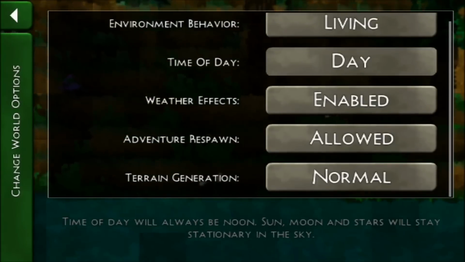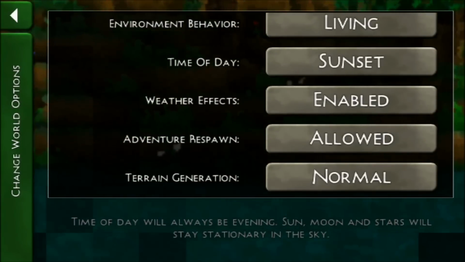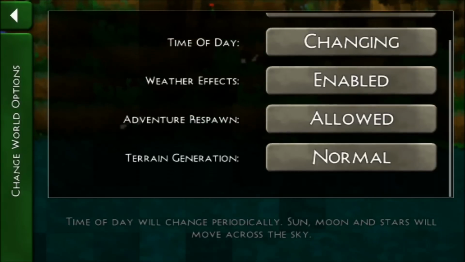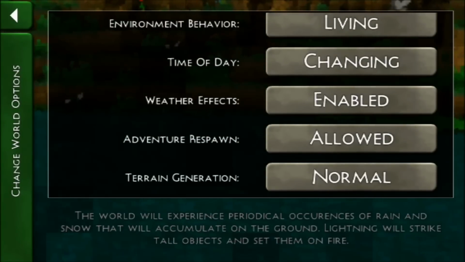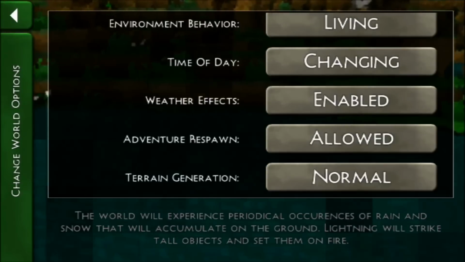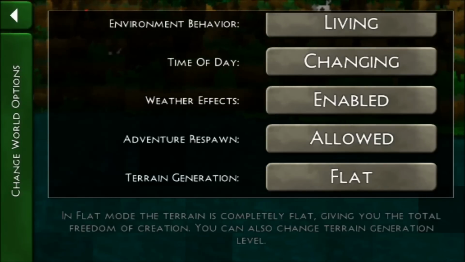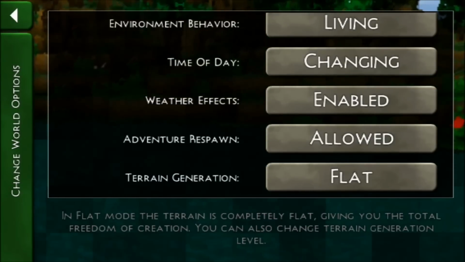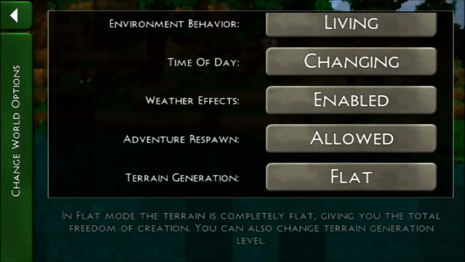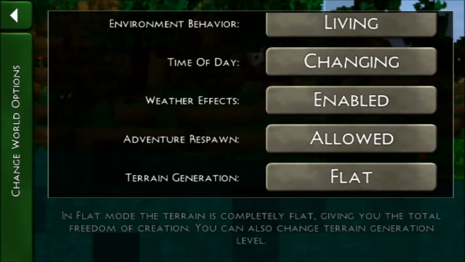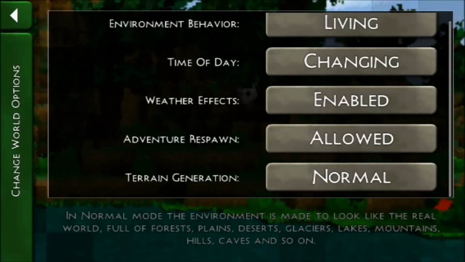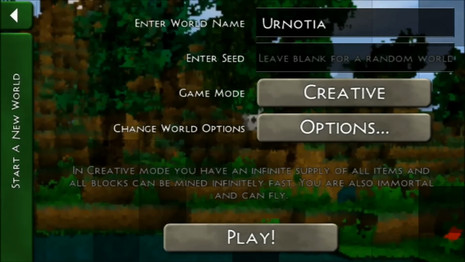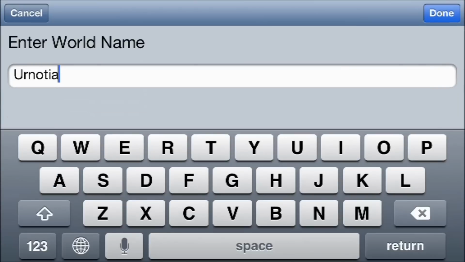Time of day, you can have it always on these settings, or I would leave it on changing. Weather effects, turn on rain and stuff like that, I believe. And terrain generation, this is big for me, is turning it to flat or super flat if you're fond of Minecraft, but it's basically just generating an entire flat world. And adventure respawn, I'm not entirely sure what that is all about, but we are going to go ahead and